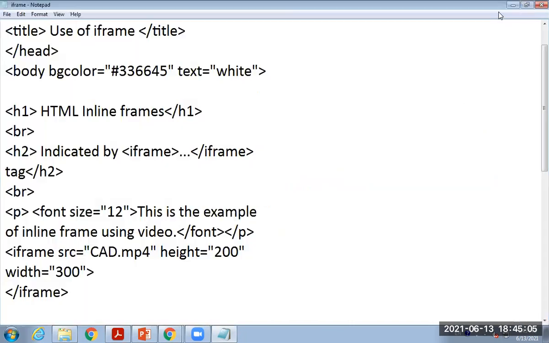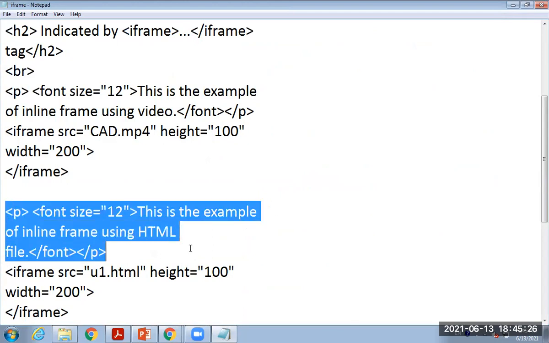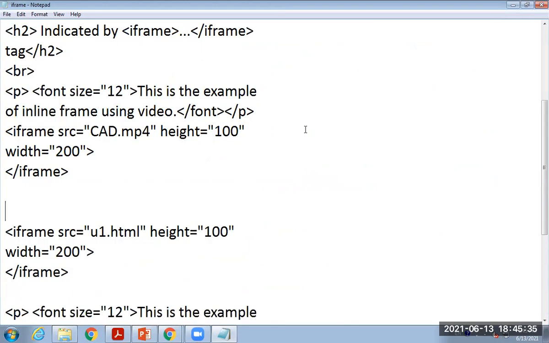Here, what we have to do? First of all, we have to set all the source files with the same height and the same width. Let's set it as 100 height and 200 width. Okay, now here I ended this file and again provided a new name for the new file. But instead of that, I have to display the next inline frame on the same line.